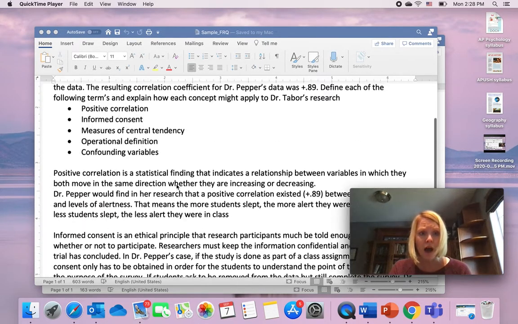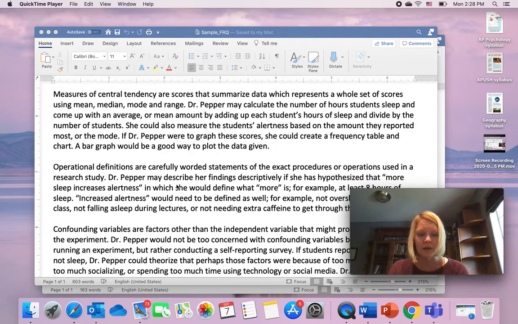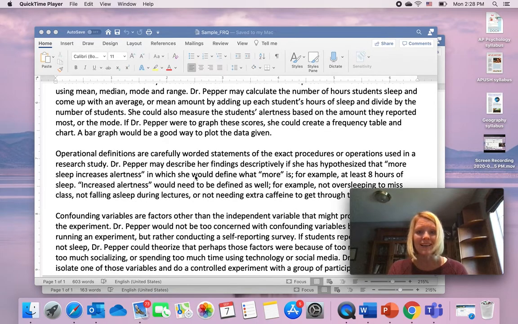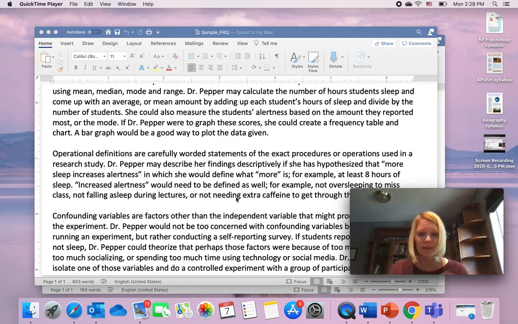The next one is measures of central tendency, define and apply. Operational definition, define and apply. And confounding variables, define and apply. And as you notice, I didn't have a concluding sentence or paragraph. I didn't have an introductory one. Get into the FRQ, get out of the FRQ. I left some